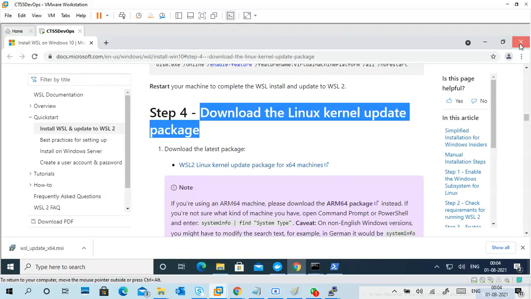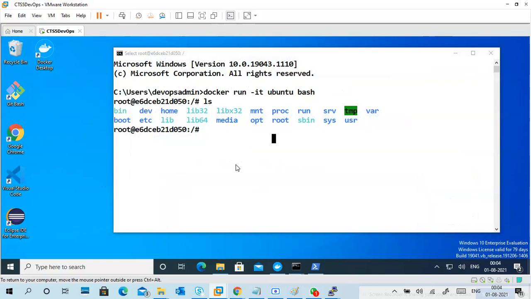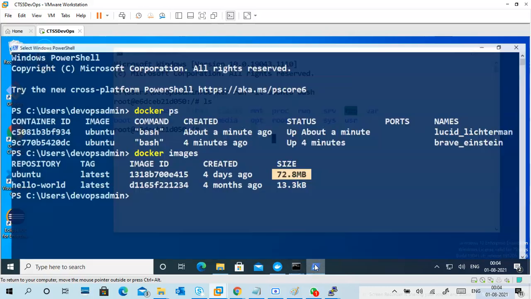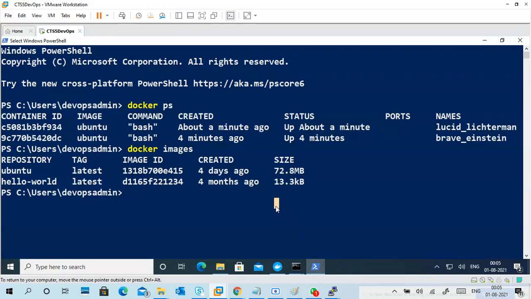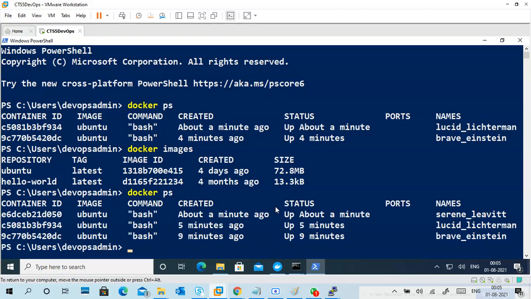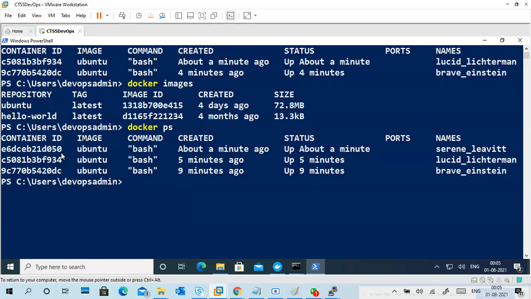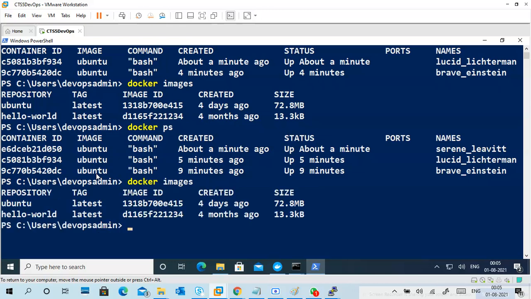This work is completed, right? So just close it, we don't require that one. Okay, so I'm going to my PowerShell admin console. Can you see the three containers are running on the same image, and how many images do I have currently? Two images.